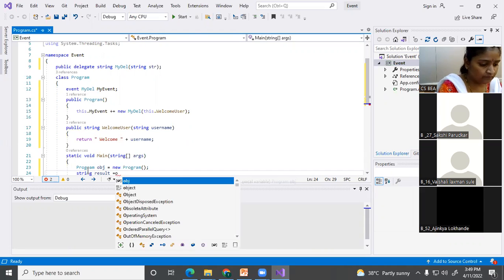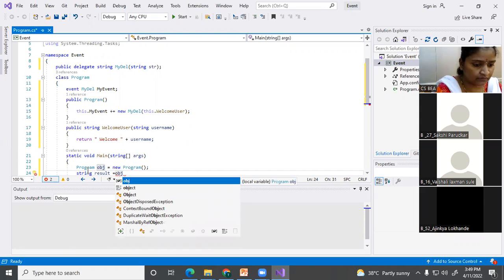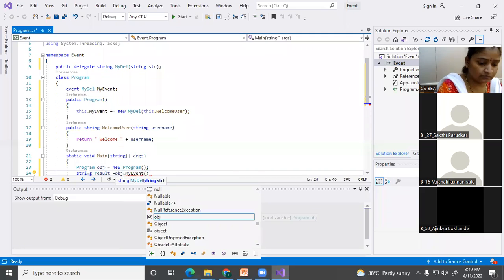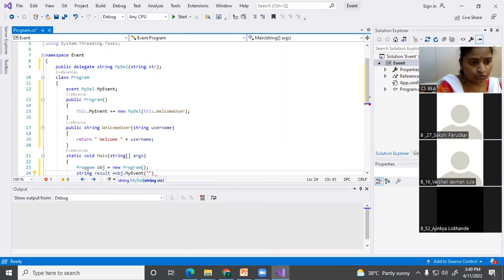I will create that object and call my event with something, the string which I am going to pass, it will get reflected with the first one. Welcome to my class. I will write only this much, and will make it